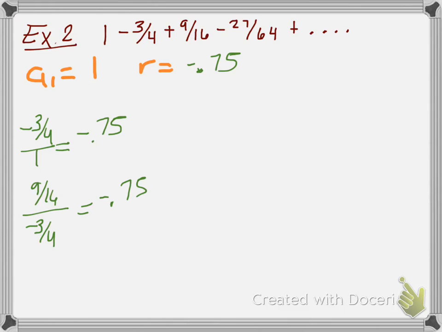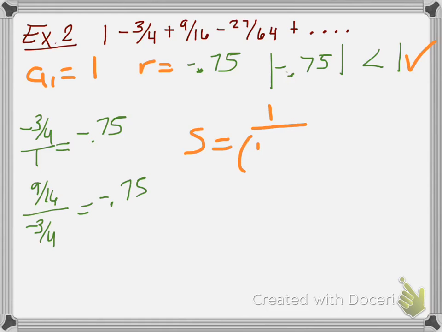So I have my a1 and my r, but I need to make sure that the absolute value of 0.75 is less than 1. Yes? Are you sure? Yes. Okay, it is. So then that means my sum is my a sub 1, which was 1, divided by 1